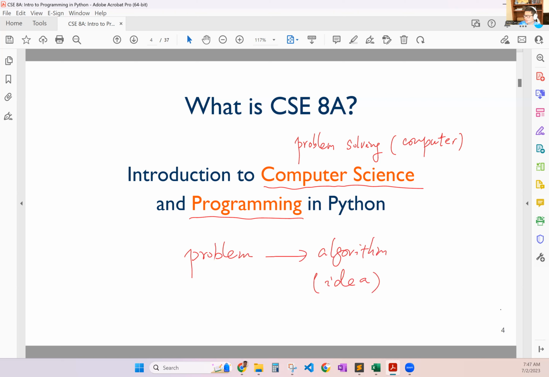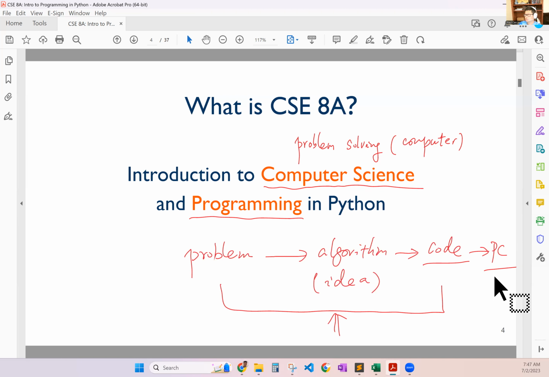We say, this is the idea, we can solve it, and then we translate this algorithm into a piece of code or program, and from here, we give it to the computers. So that's kind of how the whole process works. What we will focus on is this step. So we'll kind of say, here's a small problem, formulate your idea, design your algorithm, and then